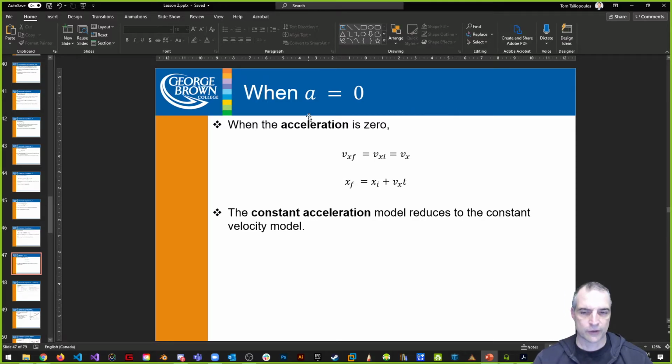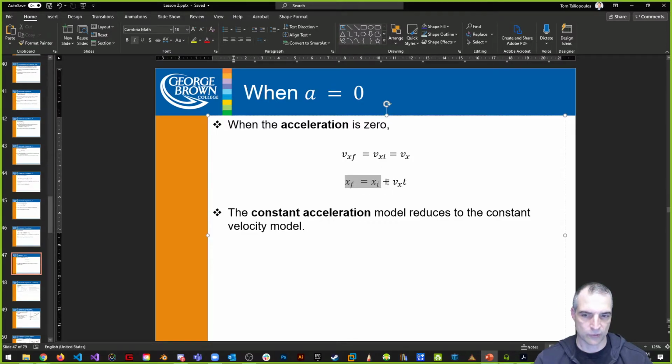So here's when the acceleration is 0. When the acceleration is 0, funny things happen. We know that when acceleration is 0, then the velocity is constant. Velocity final is equal to velocity initial. We know that. And we also know that when acceleration is 0, the final position is equal to the initial position plus vxt. And this is actually an equation we're going to see in next week's lecture as well,